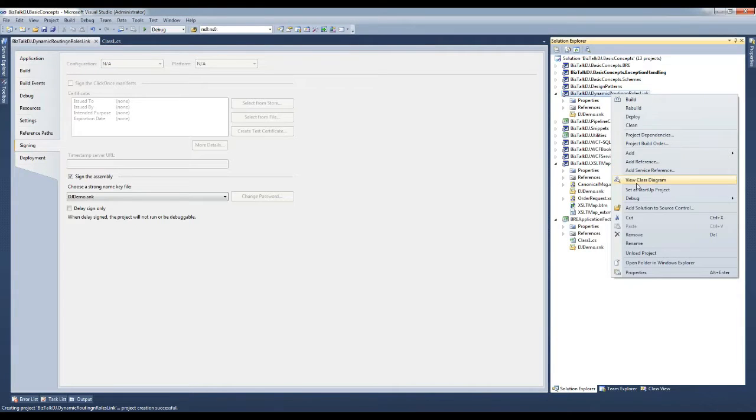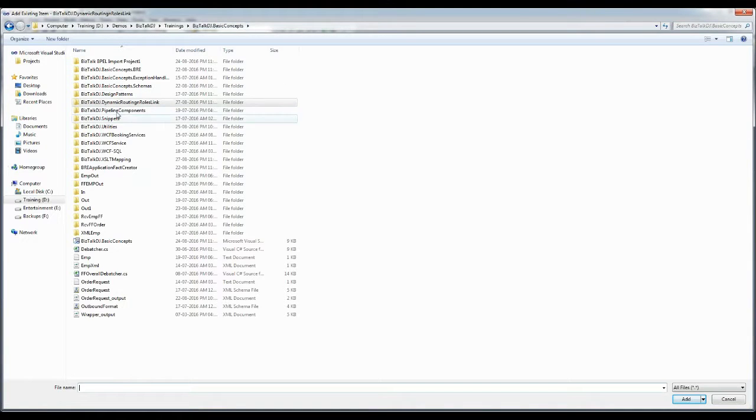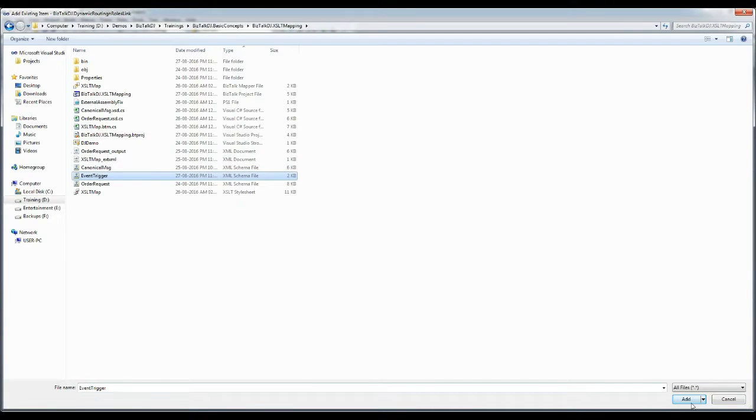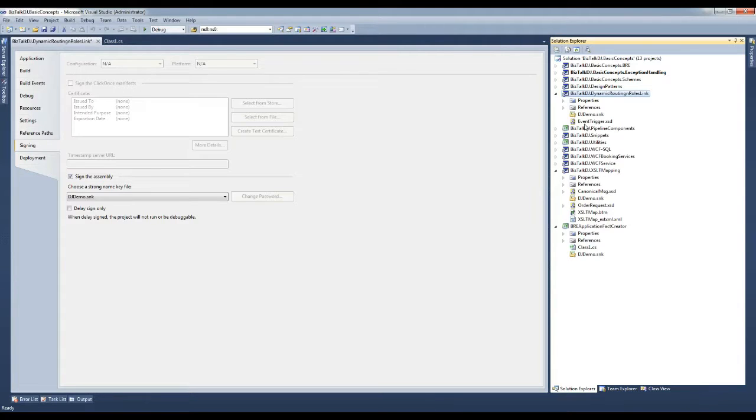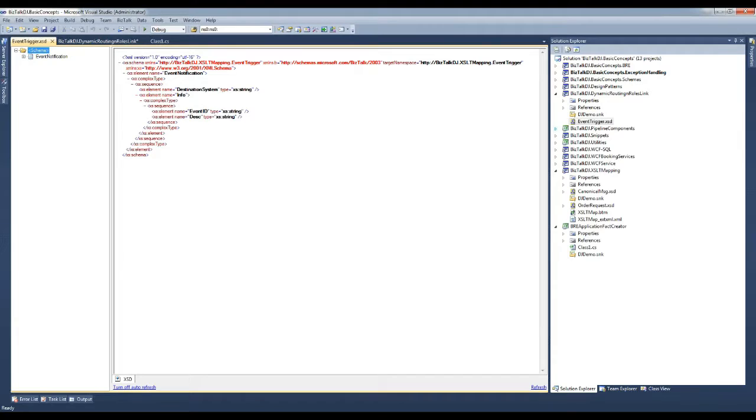Let me add an existing schema to the project. So here is our source message, and we would be receiving an event notification from a system, and it will have a destination system.